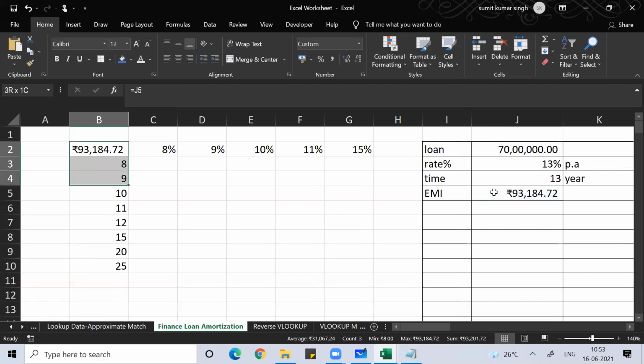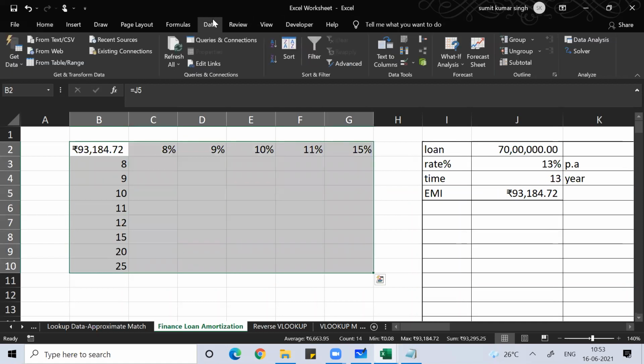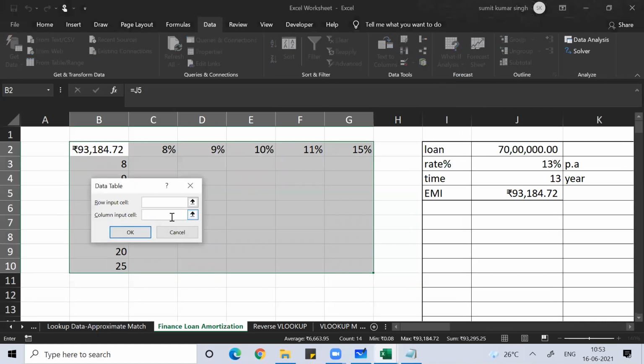Then select your data, go to What-If Analysis, Data Table. Here, what is the row? Row is your rate of interest. Can you see the rate of interest?